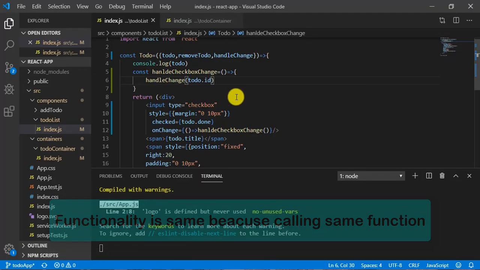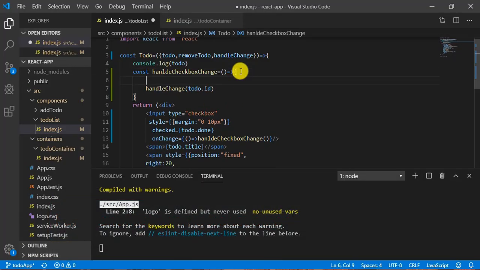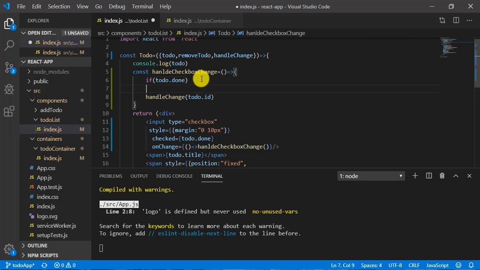Now what I need to write here is: if todo.done, if this condition is true, return null. That means it will not go to line number 8. It will stop at line number 7 itself.